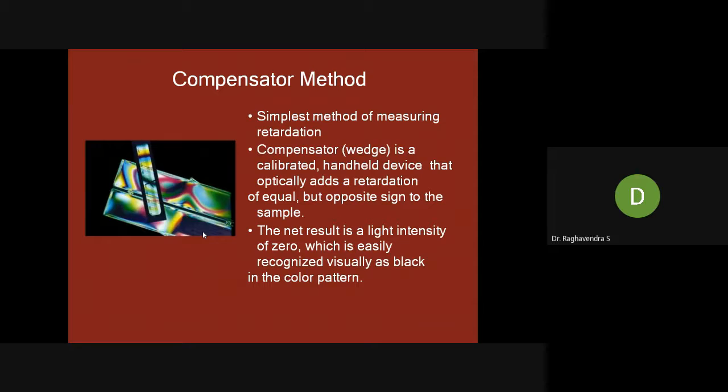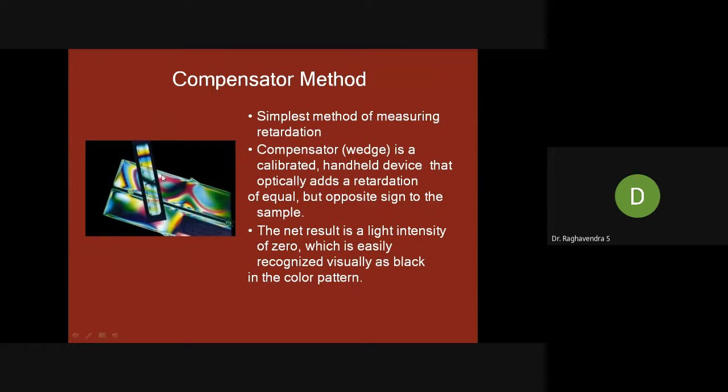There are plastic scales that optically add a retardation of equal but opposite sign to the sample. They'll keep it on this and see that there is one more scale. Under that there is a crystal material, a photoelastic material. Over this scale is the compensator. You look at this compensator and you measure the value. The net result is a light intensity of 0, which is easily recognized visually as a black band in the color